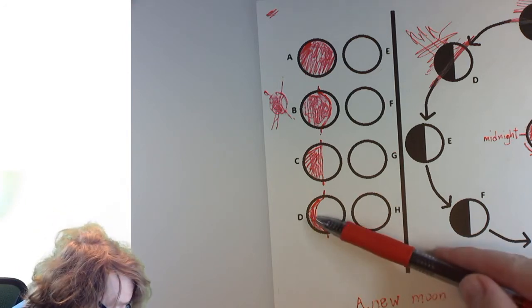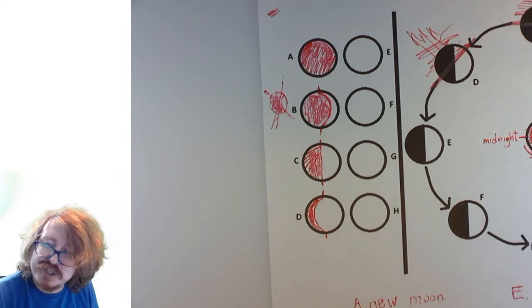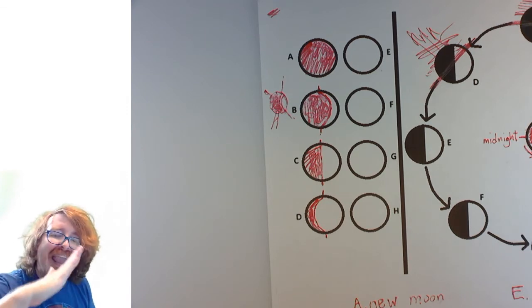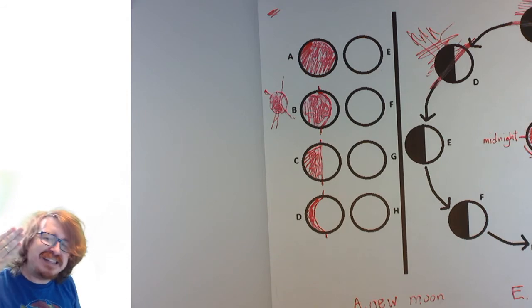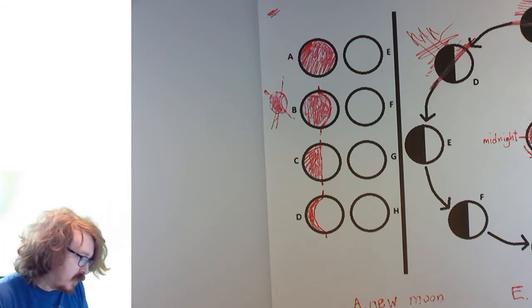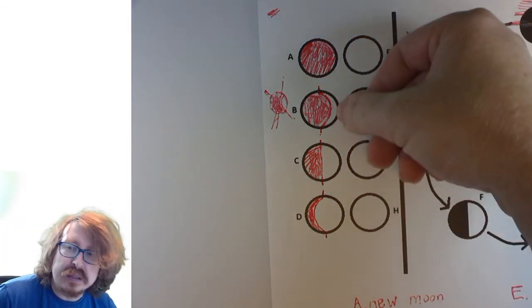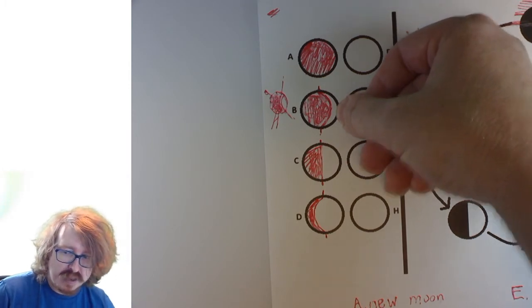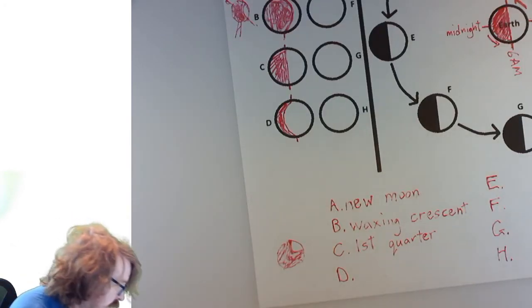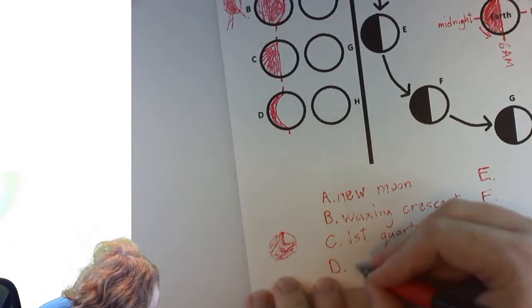The dark part is shaped like a croissant, but you wouldn't call it a crescent because you can't see the dark part, right? So that means that this one is not a crescent. It's only called a crescent if the lit up part is a tiny little sliver, okay? So this is called something else entirely. This is called a waxing